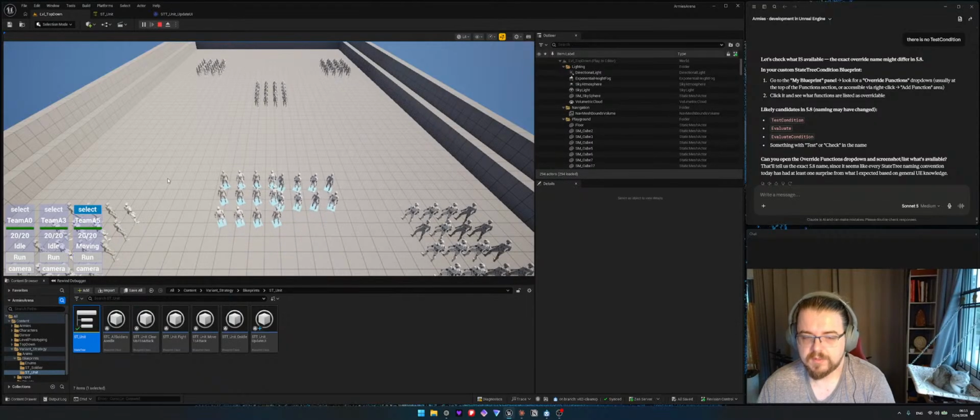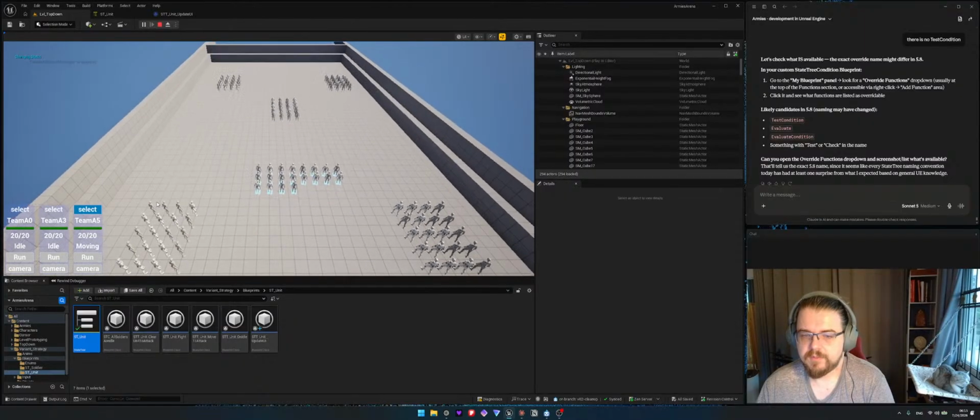And it does say moving, so that's good. And now it says idle. So it does work this way, but